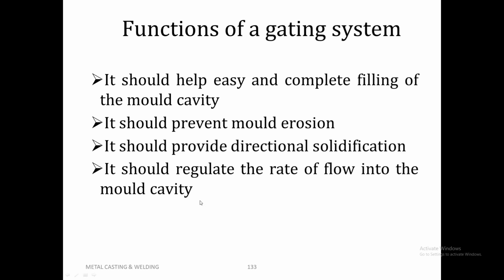It is very interesting to know how this requirement is achieved. Liquid metal generally flows turbulently from the pouring basin into the vertical sprue. This turbulence usually carries slag down the sprue into the runner and to the mold cavity, where it could cause a defect in the casting. So it should be known that the flow of metal through the in-gate commences only after the end of the runner stops the flow. For this reason, the runner includes an extension, called the runner extension, past the last in-gate to trap the slag in the initial molten metal.